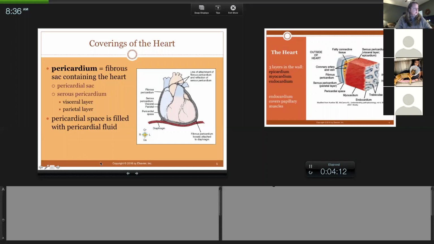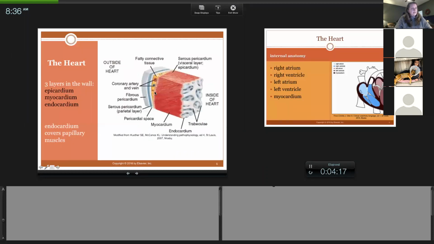If we get into the other layers of the heart, okay, this is kind of like taking a wedge. Myo is muscle, so that's the muscle of the heart. The endocardium is on the inside, or is the layer within. The only one I didn't talk about, and it's right within here, is the epicardium. So the epicardium is the surface of the heart. The pericardium is on the other side, but you see there's a little gap here.